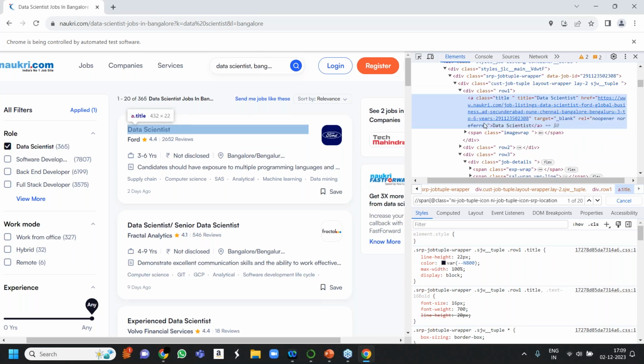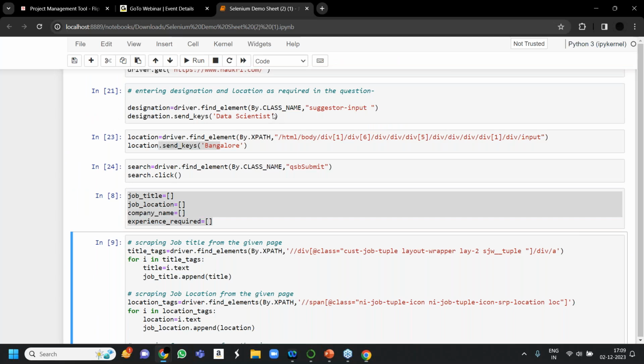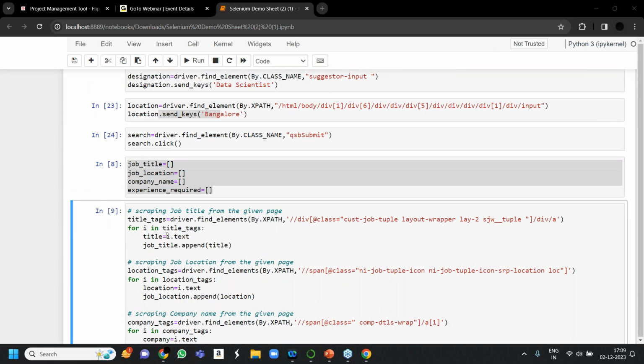This XPath will give me whole 5 lines, whatever you can see highlighted. But I only want the job title. How will I tell the system? Otherwise, the system will give me all 5 lines as the content. But I only want the useful content. So how will I tell the system that whatever you are iterating through, only give me the text content of that? Text content you can take as the useful one. Okay, so title equals i dot text.